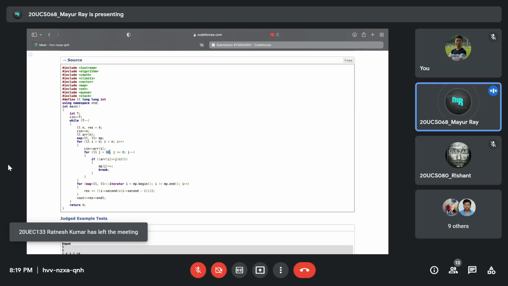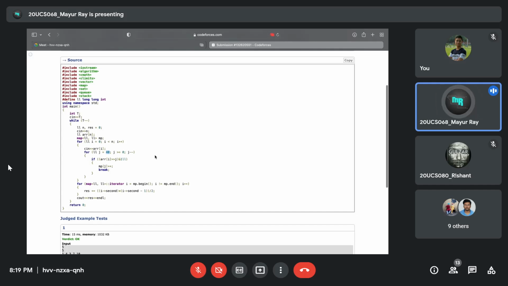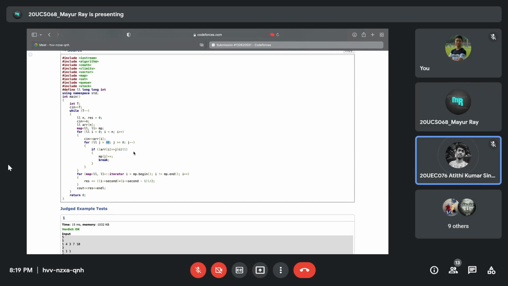Since the input can vary from 0 to 10 to the power 9, and 10 to the power 9 has, I guess, 34 bits. Wait.